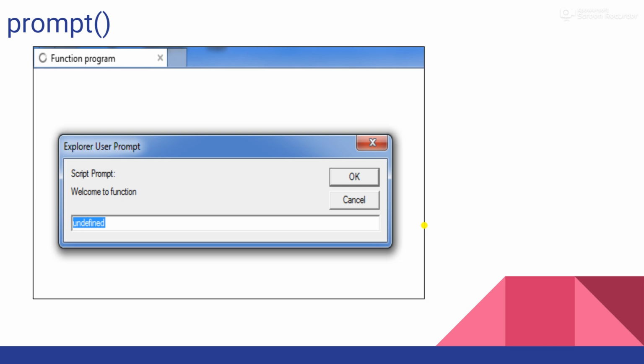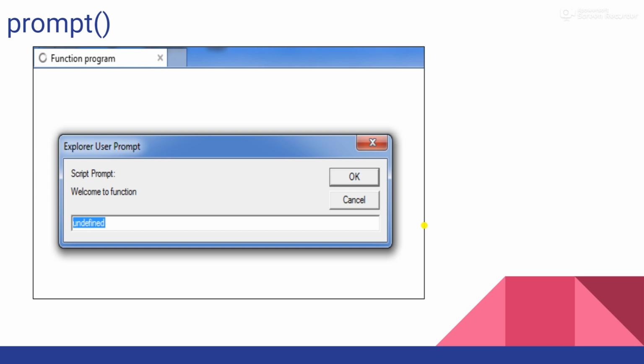Then prompt. We have seen that when we use prompt, we take some input from the user. In the prompt you can give a message, suppose saying enter your age, and in the text box he can enter the number.